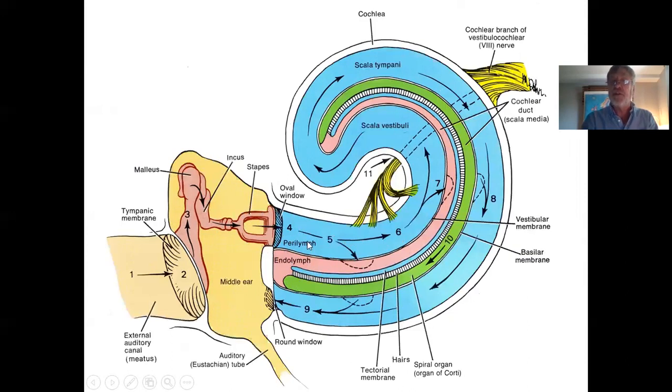Okay, scala vestibuli here, blue. Scala media is pink. Scala tympani is blue. And look at this big bottom here. This must be the hair cells themselves, or supporting cells. And then these are the stereocilia of the hair cells, and here's the tectorial membrane laying on top of the stereocilia. Okay, but it's all to show you once again horizontal movement being changed into vertical up and down motion,